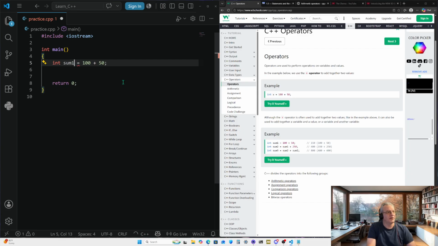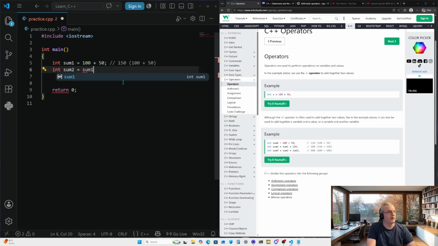Sum1, at the end it has a comment here. The expression is going to equal 150. And how we get 150 is basically 100 plus 50. Then we got another integer here in the example, sum2, is sum1 plus integer 250. Then we got another comment over here. 400 is the result of